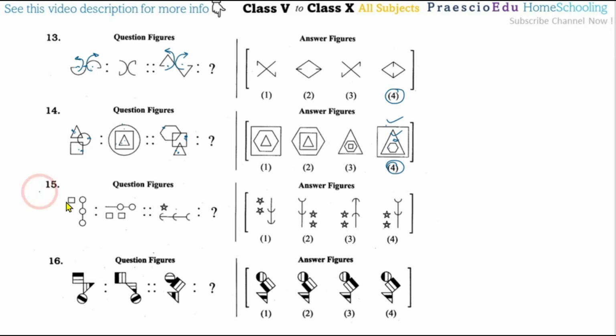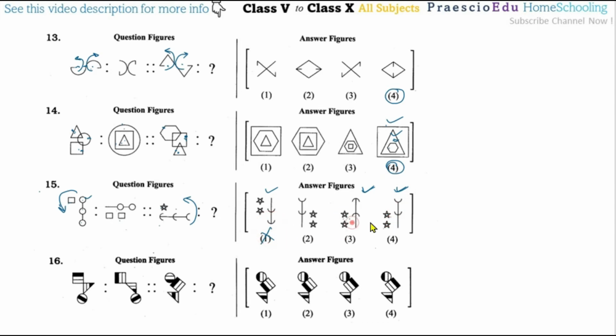Then question number 15. So a square and these 3 circles, these are moving like this, but one circle is getting hidden and this square is getting the addition of one quantity, with an anti-clockwise direction. So with this anti-clockwise direction, this star will be at the left side, so the star having the left side means this figure and this figure, but now the star is here 1, so that will be the quantity with 2, but it should be at the lower position, so now this figure is correct and this figure is correct, so option number 1 is the wrong one.